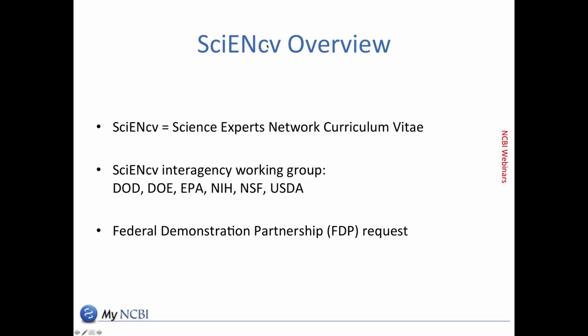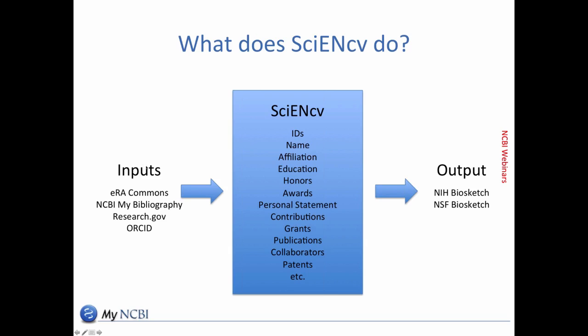So what does this process look like? Investigators or administrators can come to NCBI or SciENcv with data from their ERA Commons accounts, their NCBI My Bibliography, information from research.gov, which is a website for the National Science Foundation, or ORCID. They can import their citation information and some other basic bibliographic information from these sources, import it into SciENcv, and